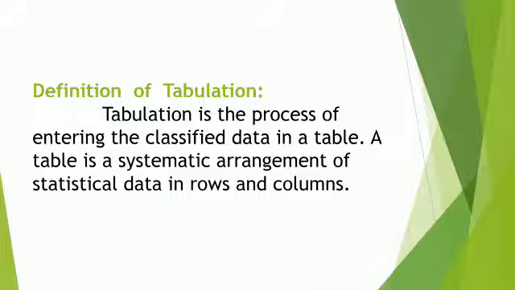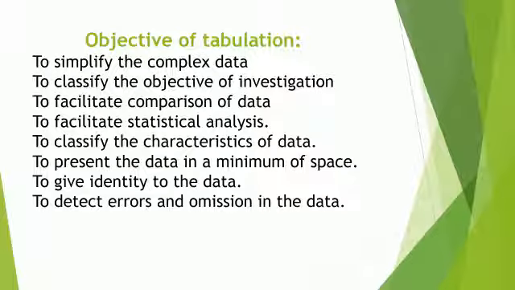What is tabulation? Tabulation is the process of summarizing classified or grouped data in the form of a table so that it is easily understood and an investigator is quickly able to locate the desired information. A table is a systematic arrangement of classified data in columns and rows. That type of statistical table makes it possible for the investigator to present a huge mass of data in a detailed and orderly form.